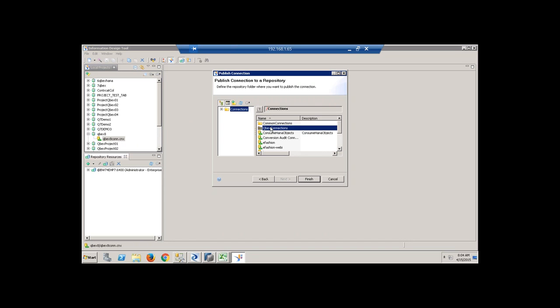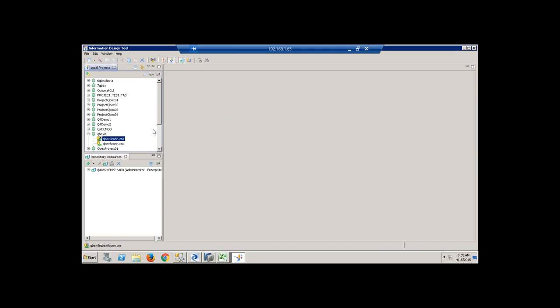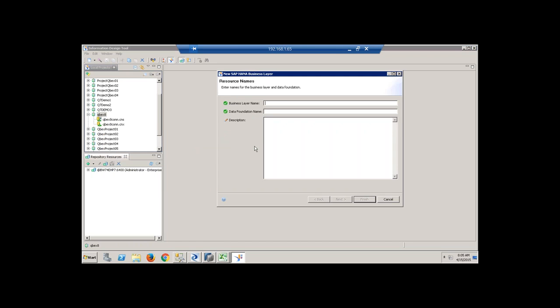Yes, now you get a secured connection. Now let's create a universe straight away on the view. There are multiple ways you can create it, on table or column view or view directly, but I want to create it on the view. So I have a new option called what? SAP HANA Business Layer, which allows me